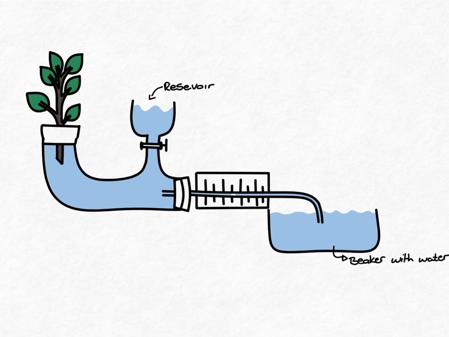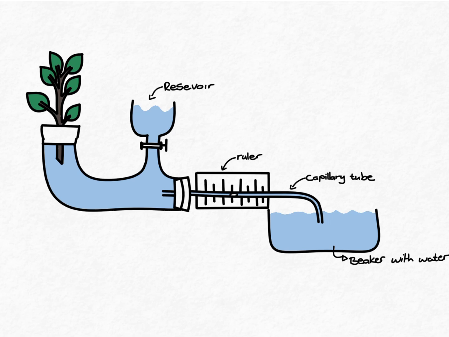Between the beaker of the water and our plant is a capillary tube. Now, a capillary tube is a very, very thin tube, and that makes it easier for us to measure. So at the back of the capillary tube, we can add a ruler. We will see in our capillary tube here is a tiny little bubble. This could either be a bubble, like an air bubble or an oil bubble, or we can add a piece of dye in it, like a dye bubble, to be able to measure how this little bubble moves towards our